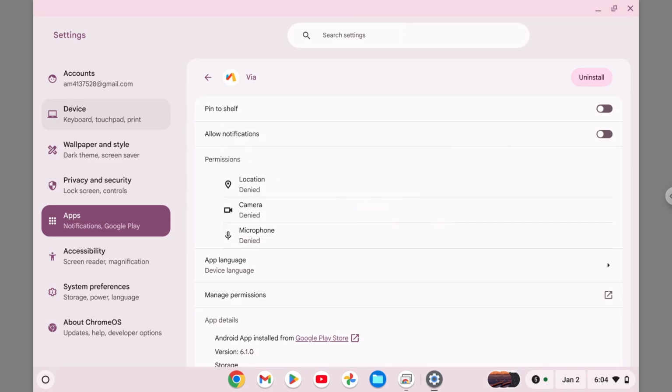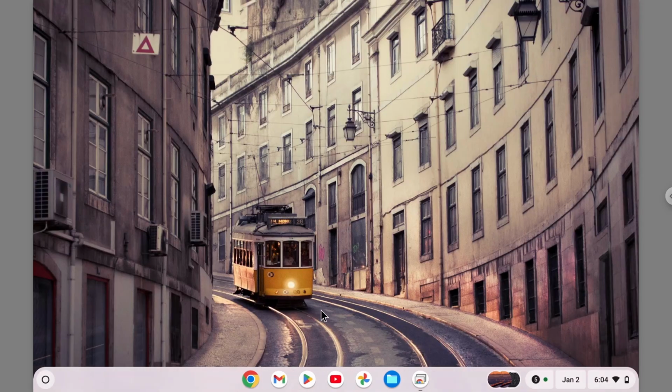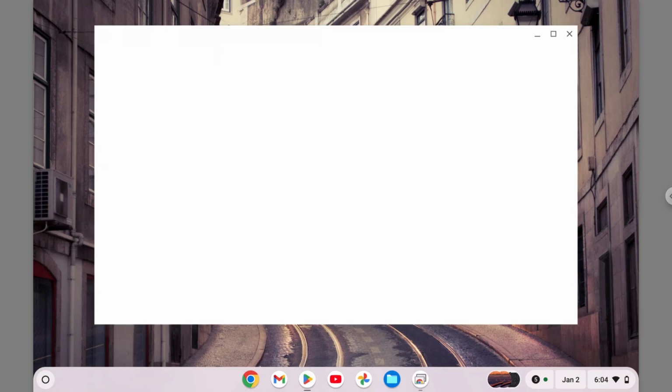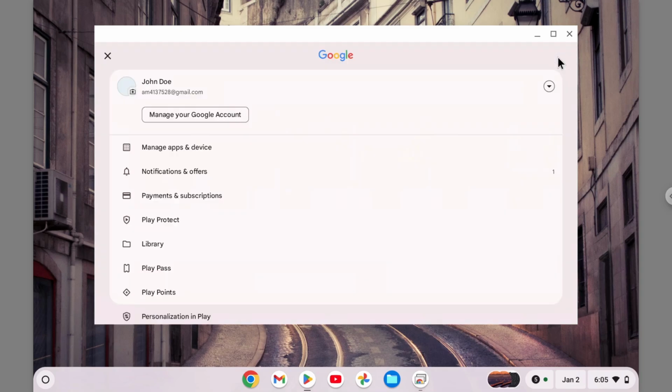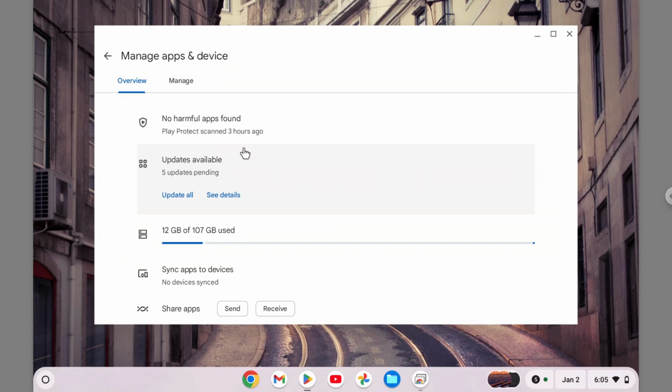So there is still another method you can try to delete apps, which is via Google Play Store. So I'm going to close this settings page and I'm going to open Google Play Store. And here you want to tap on your profile picture and click manage apps and device. And after that, you want to click manage,